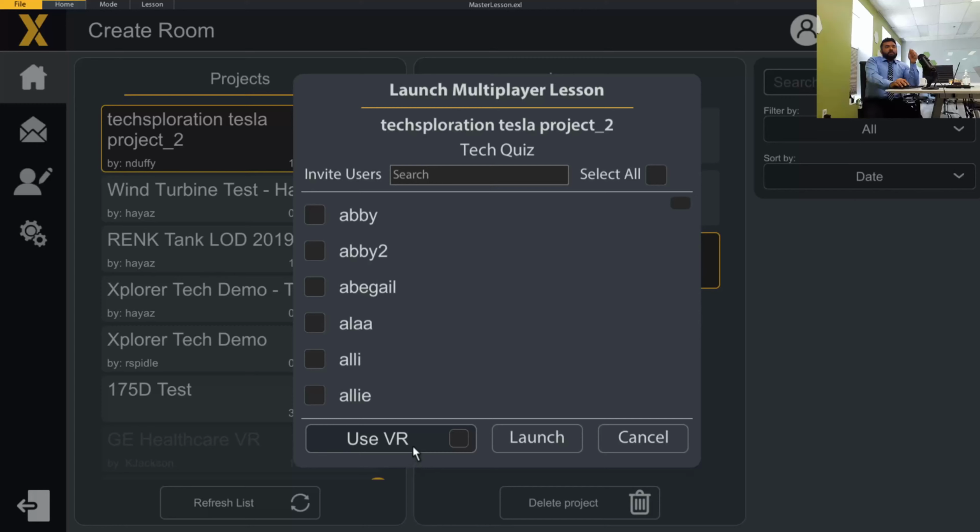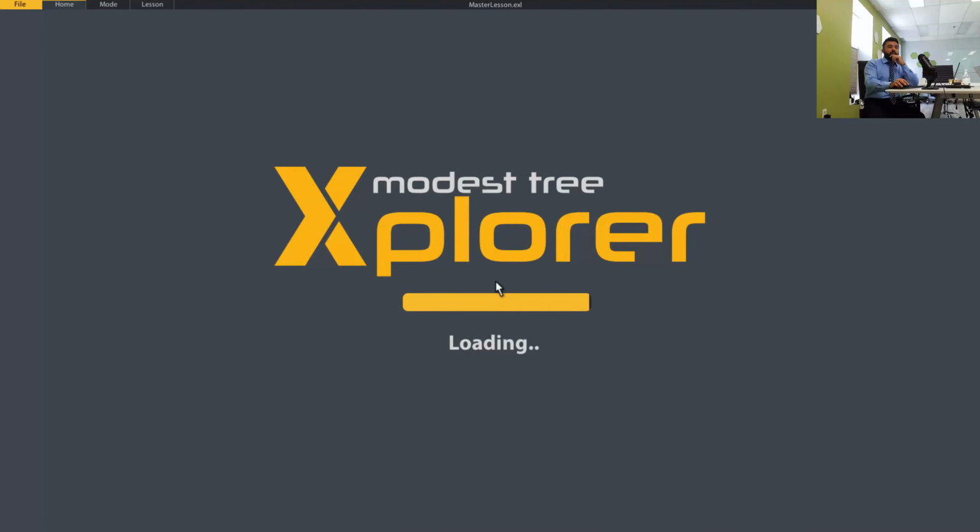Now, you have the ability to launch your experience in virtual reality if you like. What Xplorer does, through a supporting technology we have called Pipeline, is detect what kind of device you are using. There's a wide range of headsets out there, and we can accommodate a wide range of them through our Pipeline technology. So it detects what headset you're using and sets some configurations to allow the project to launch for that. So if I start to actually launch my lesson here,